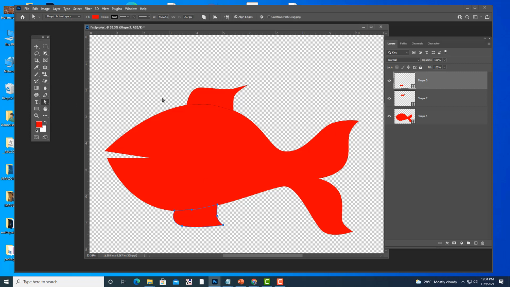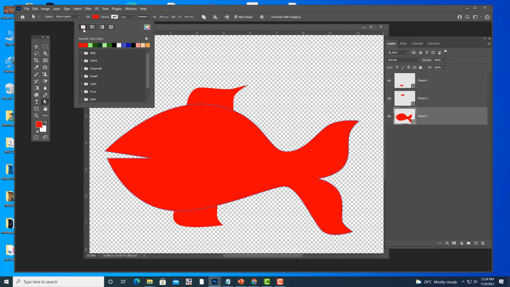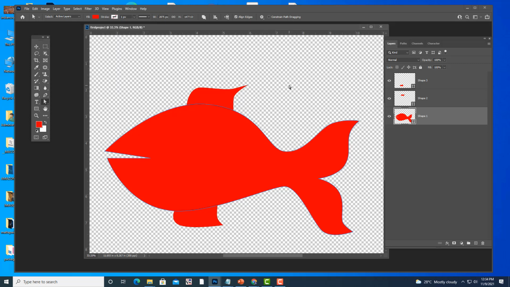Okay, so like this I have created the fins. If you want to remove the stroke, simply click on this stroke and click on this no color. So the stroke is gone. So see, we have now created a fish shape.